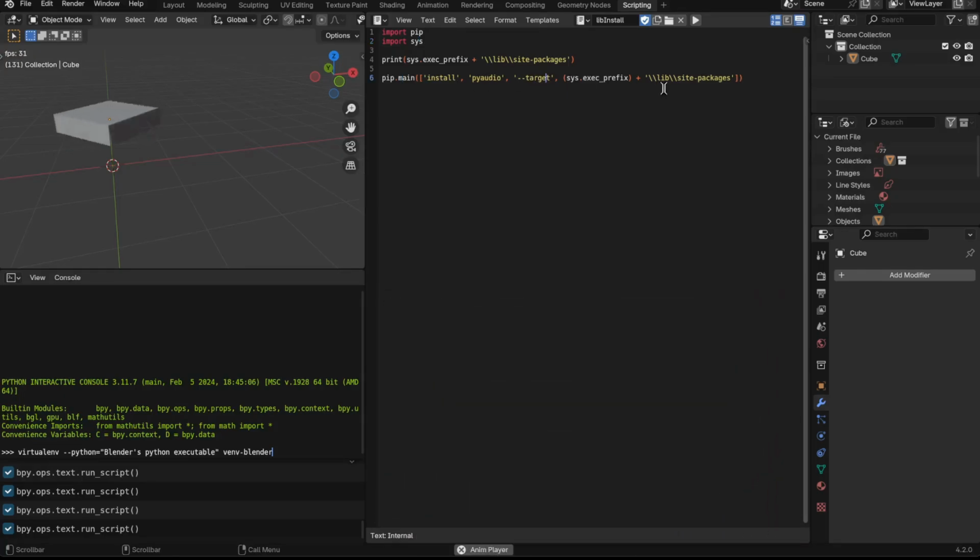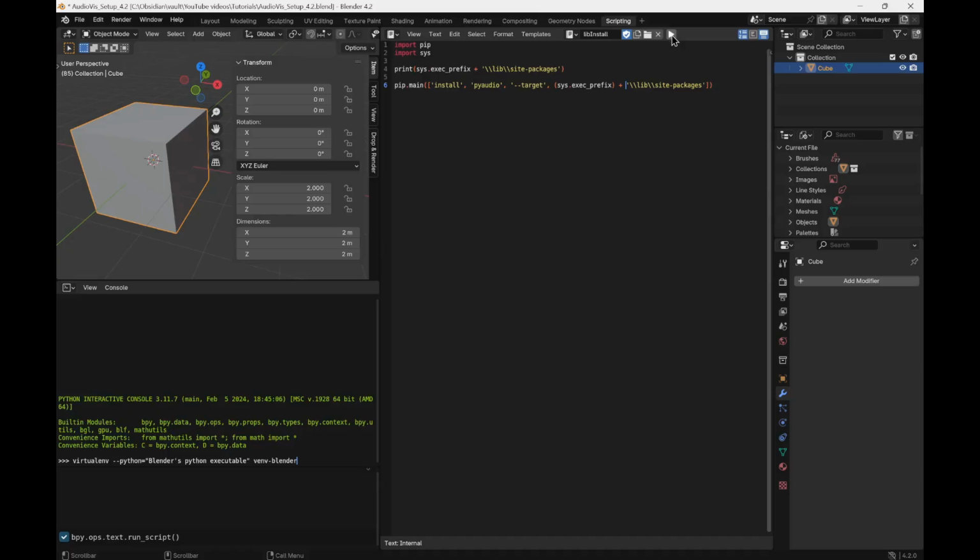And then down here, we just use this target attribute and assign our execution prefix together with the actual path where the packages go. And of course here we need to write the name of the module we want to install. In this case it's PyAudio, so I just write PyAudio here. Now if I run this